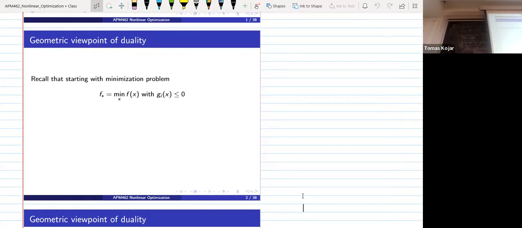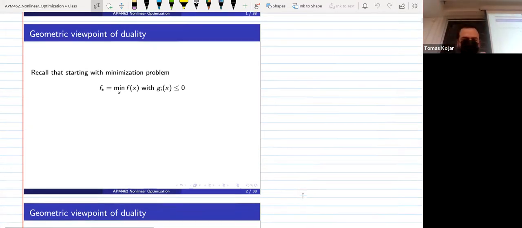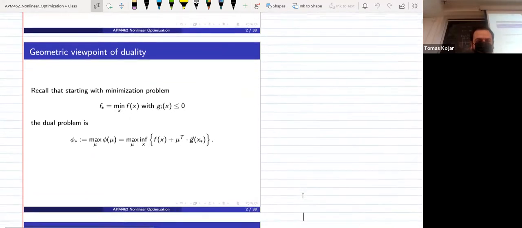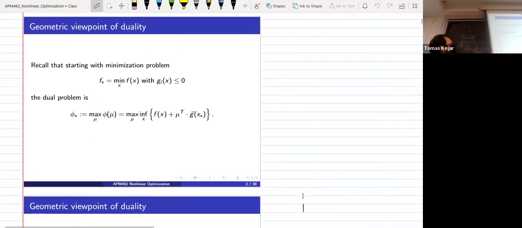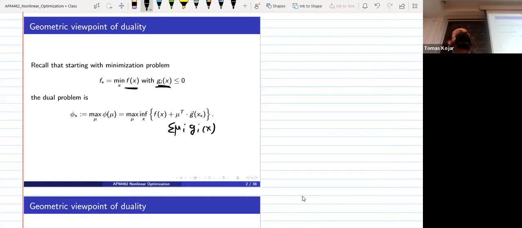So, okay, you start with this minimization problem, also called the primal problem. And if you remember, the dual was you take your f of x, and then you add a mu vector, right? So this is the summation of mu i's with g i's, right? Good. This is not x star. This is,